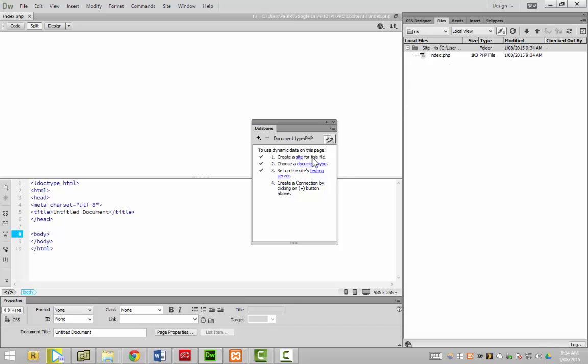So we've created a site for this file. We've done that. We've chosen a document type, that was PHP, it says here, and we've set up the site's testing server. Now hopefully that's worked for you. If not, you may need to copy some files. We'll see that later. Now the final step 4, create a connection by clicking on the plus above,